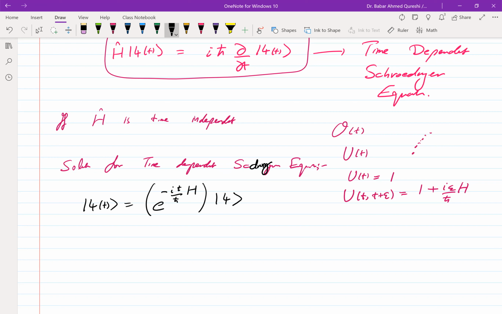Where this exponential of the operator, you understand it in terms of the series of the exponent. You just have this: first power, then square, then cube, and so on. So you can explicitly check that this is a solution of this equation,